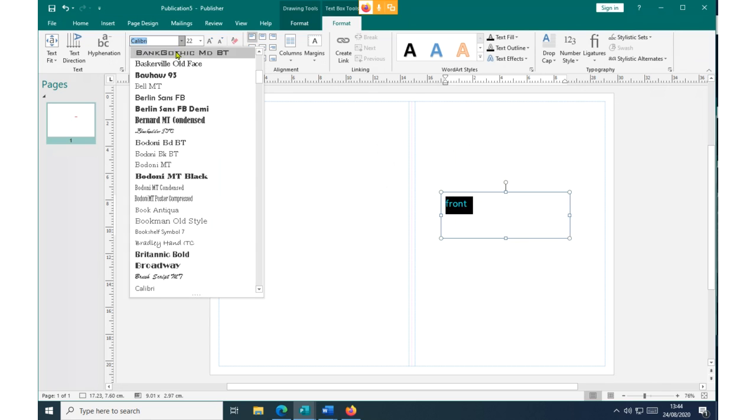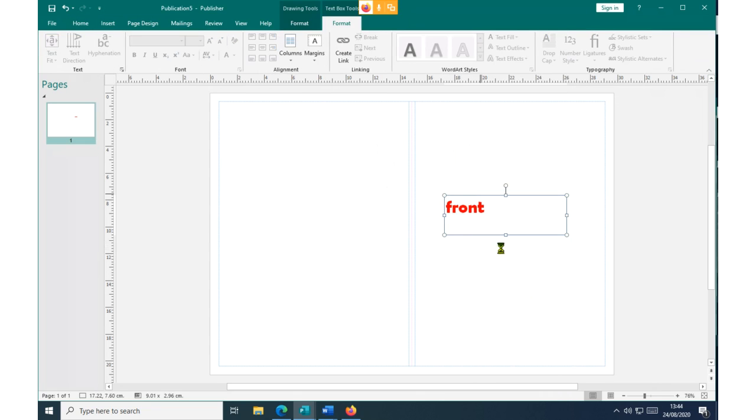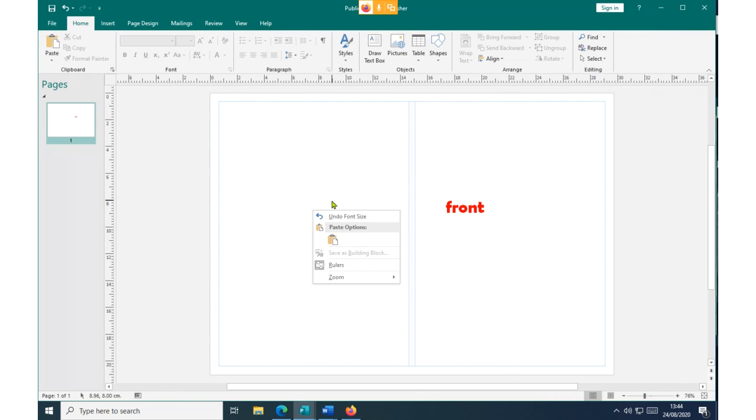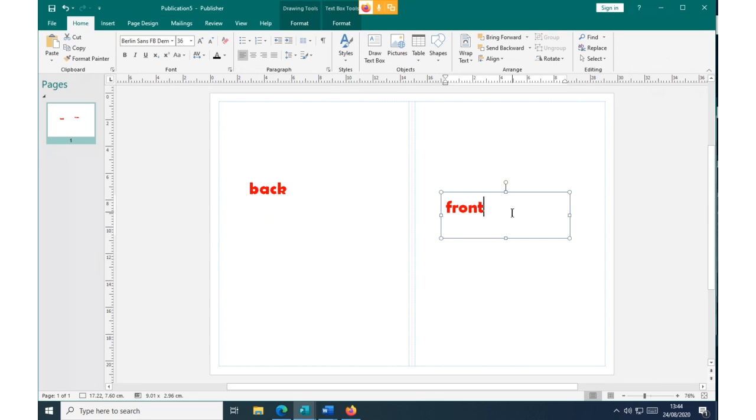This is our front page, and if we copy and paste on the other side, this will be our back of the brochure. So we have two areas, the front and the back that we have just defined.